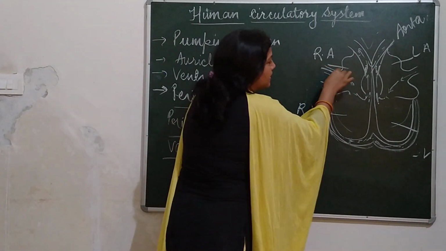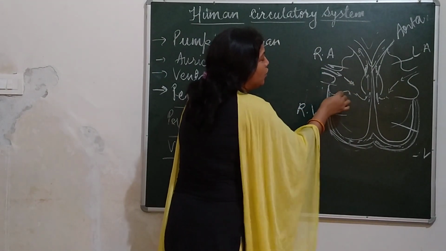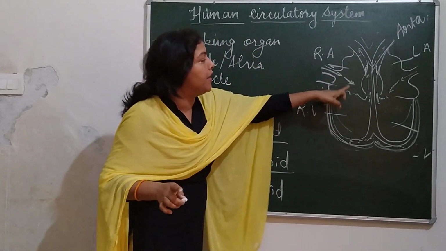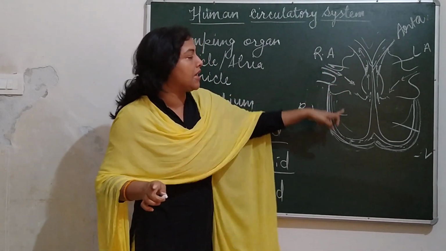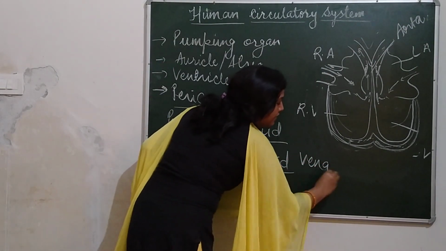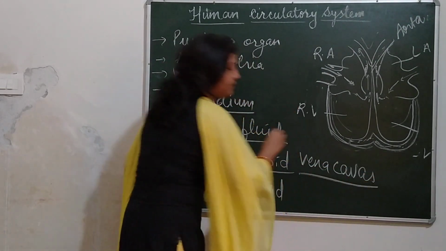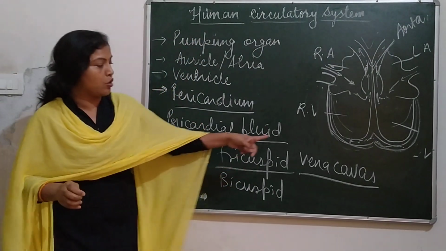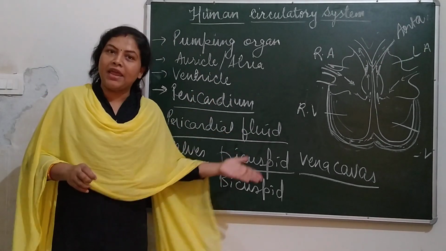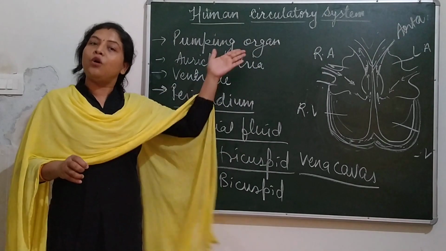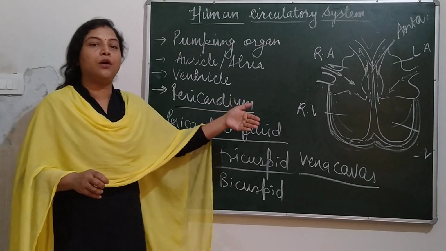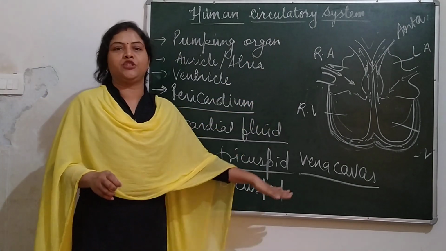Now see this. There are two parts through which an arrow is shown, showing that blood is entering inside the heart. These are known as vena cavae. They are two in number, so they are called vena cavae. Right after that, I am going to explain the function of this whole heart. Now you know the complete structure, and we are going to understand how it functions.